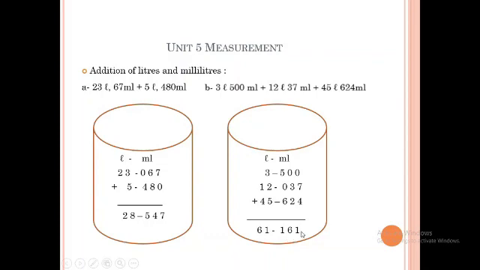This is the answer. The addition, all the rules, they are the same, only take care of the column of liters and milliliters, and one quantity liter and milliliter in the same line, the second one again in the same line, and like this you will write them. Not a difficult one, you have already done with kilogram and gram, kilometer and meter, so you will feel it easy, and easily you will solve the exercise that is given in this unit number 5.